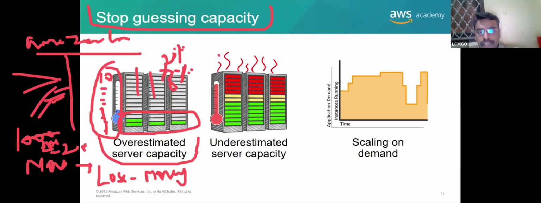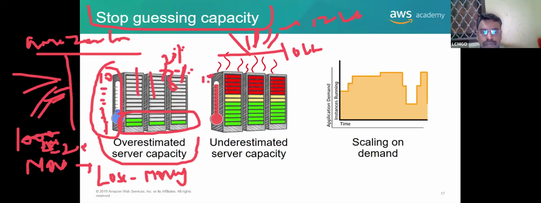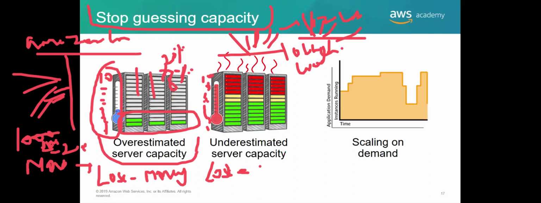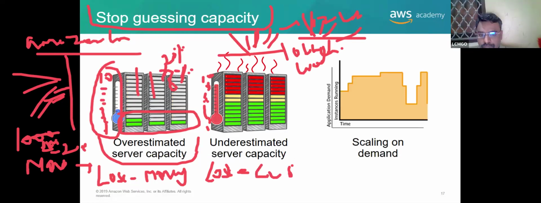Next, another case where you thought only 10 lakh people will come. Now suddenly, because of this December season, 12 lakh people are coming. Now all these 10 servers are already full, and we have not procured more servers either. What do we lose here? When people try to reach your website, it is not loading. Now what do we lose here? Customers. Customers, correct?